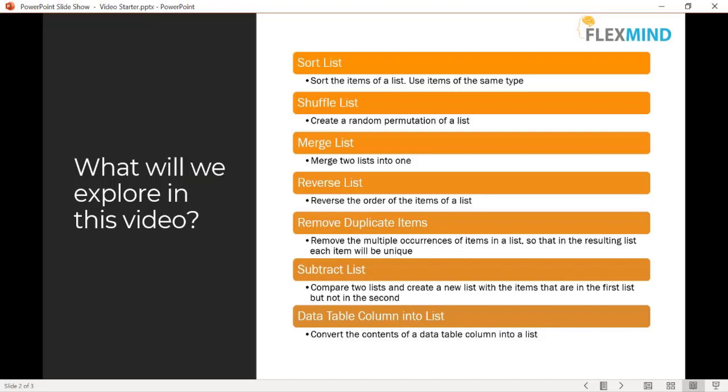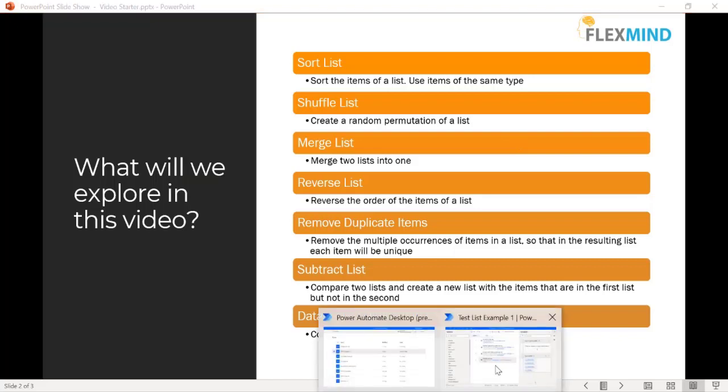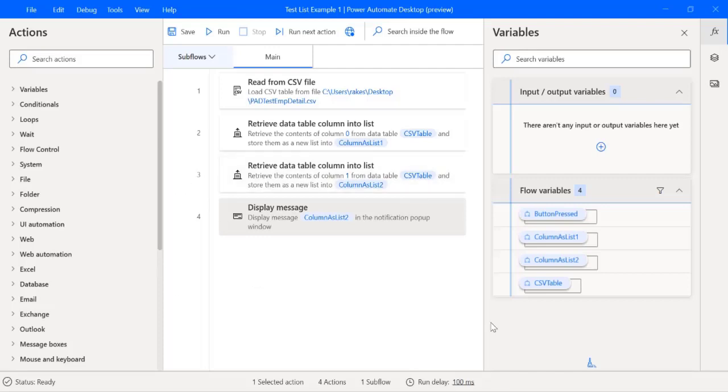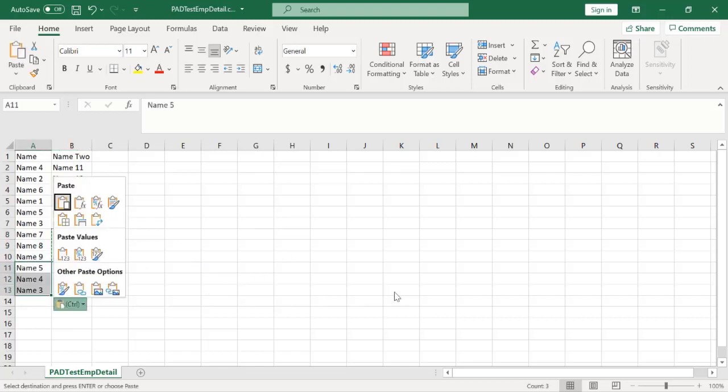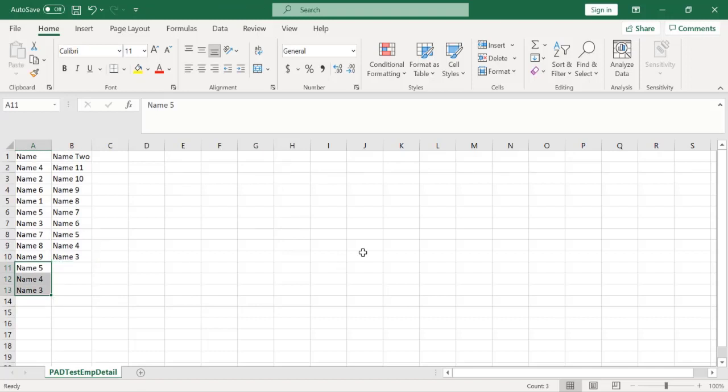This removes the multiple occurrences of items in a list, so that in the resulting list each item will be unique. So let's see that. In order to show this, I will just massage the data a bit, because here all these values are already unique. So I will just copy this name 543 again here, and I will just save it. Okay,